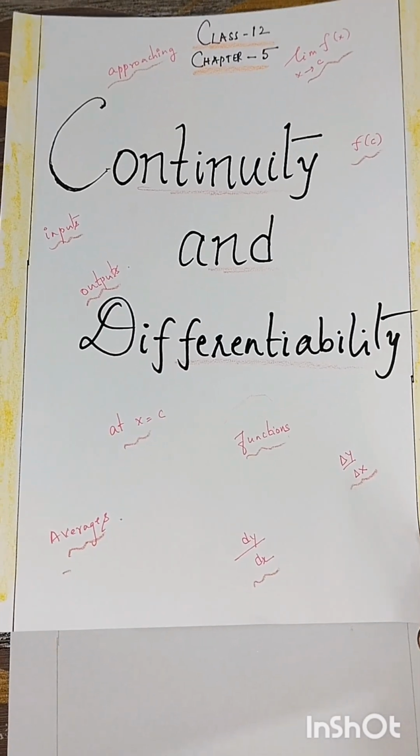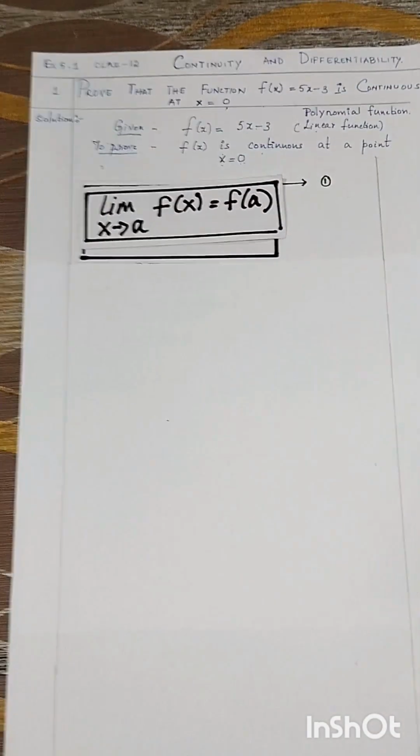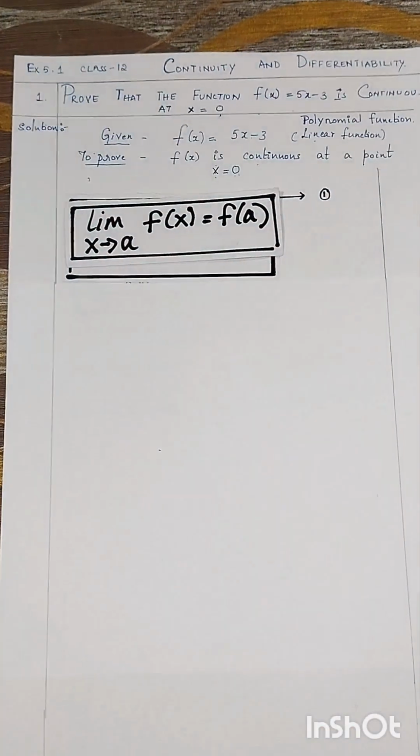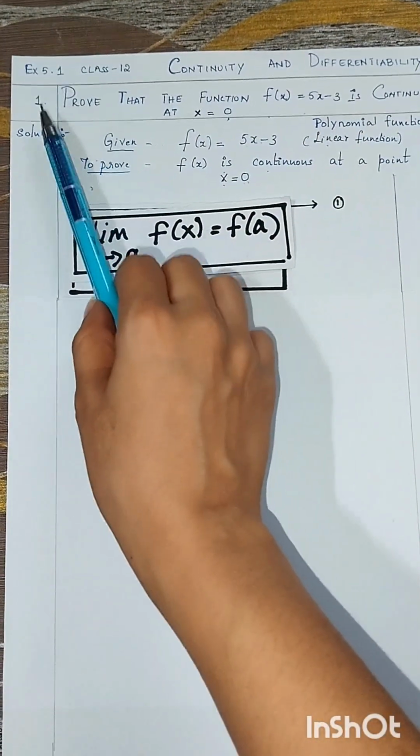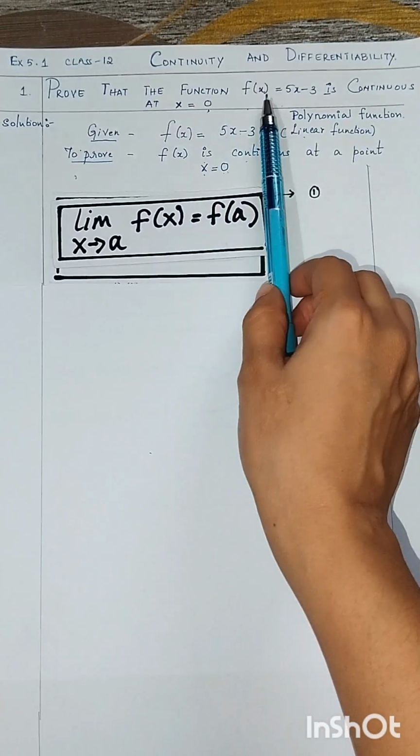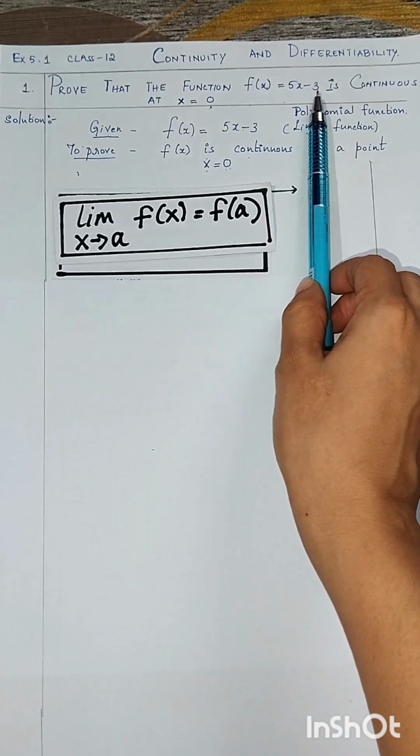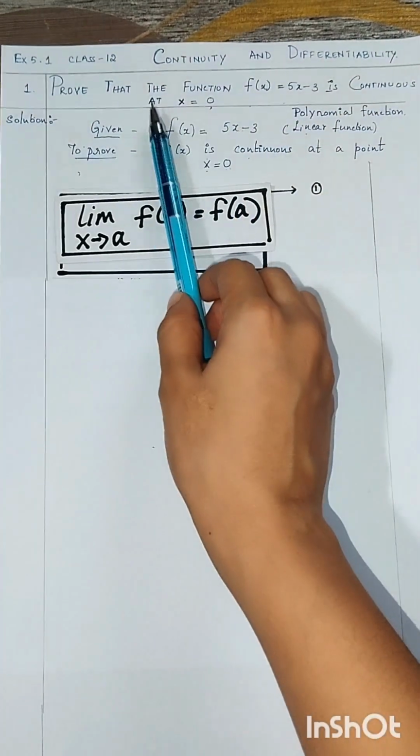Class 12, Chapter 5, Continuity and Differentiability. Exercise 5.1, first question. Prove that the function f of x is equal to 5x minus 3 is continuous at